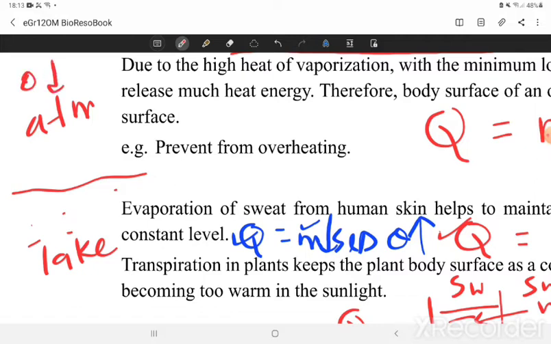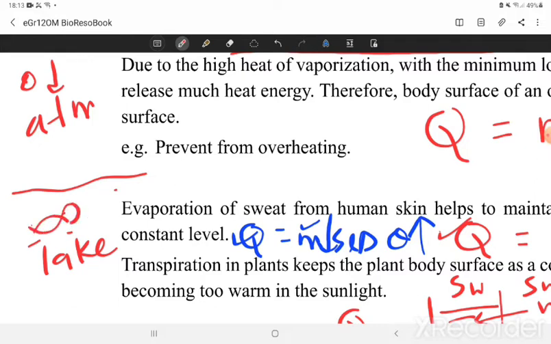Now suppose suddenly the temperature of the atmosphere drops. But the decrease in temperature of the water in the lake is not equal to the decrease in temperature of the atmosphere. When the atmospheric temperature decreases by about 5 degrees, the temperature of the water in the lake decreases by about 1 degree. The decrease in temperature is not high. Therefore, it provides a suitable environment for the creatures,